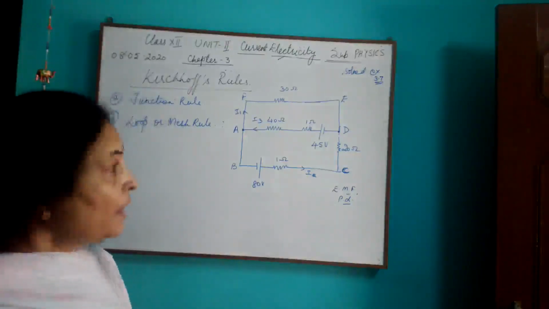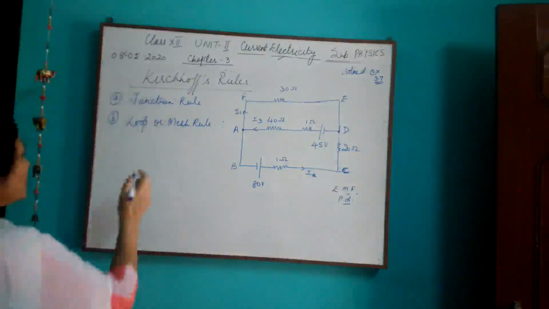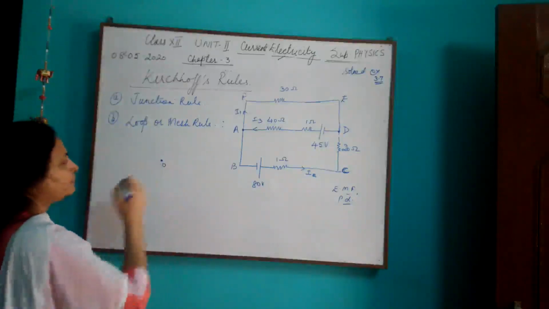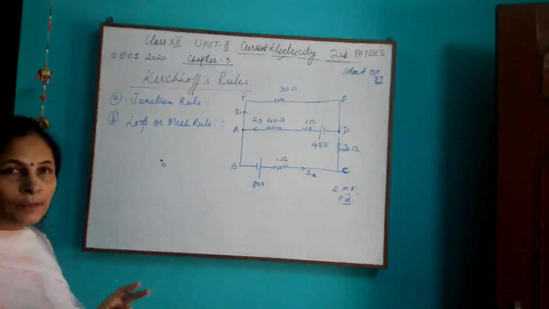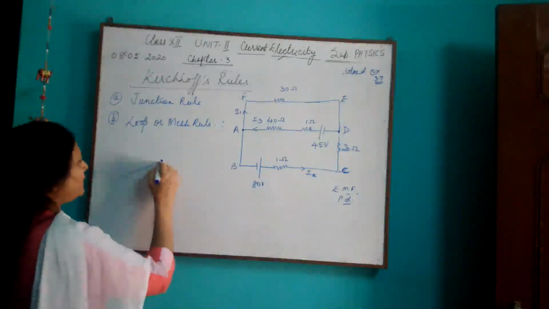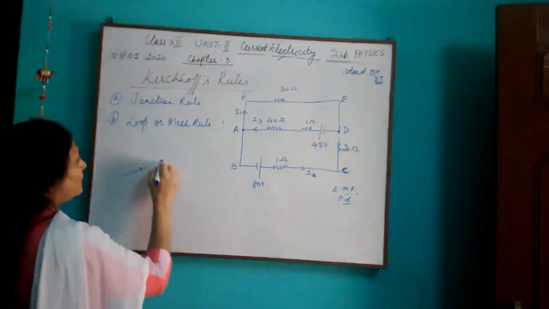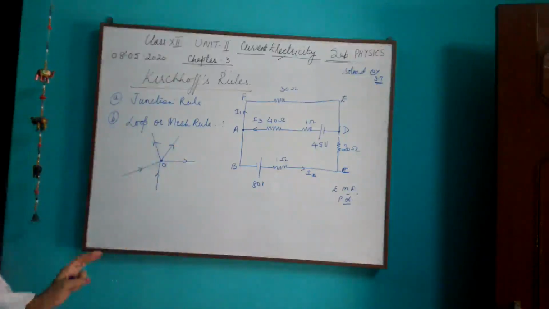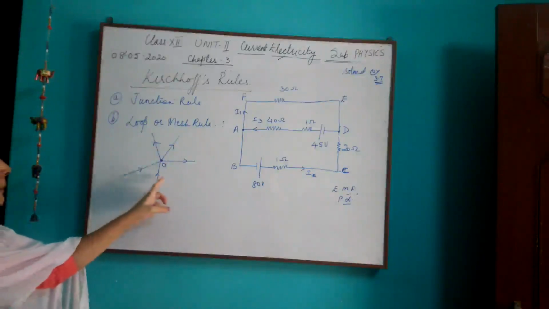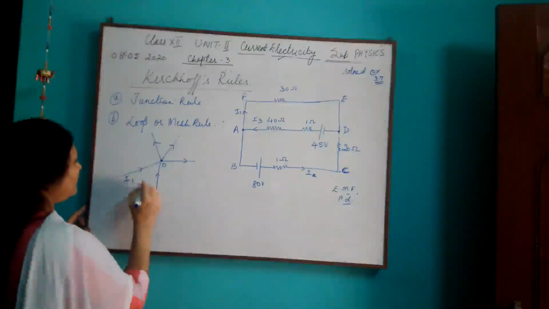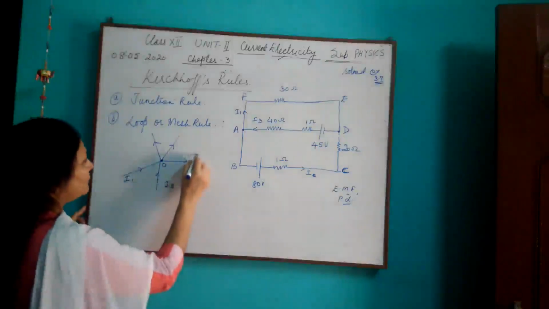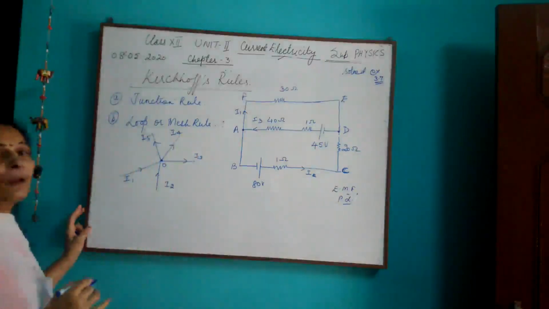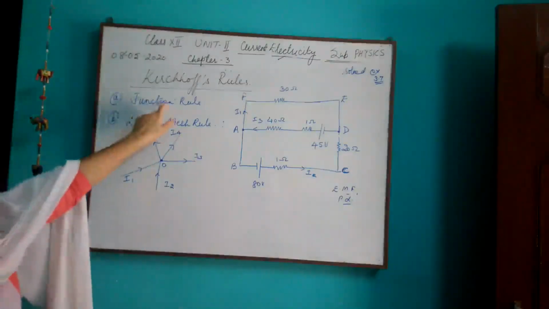In general, suppose I have got a junction in a circuit, say it is O. So some currents may come, some currents may leave depending upon the circuit. Let 3 branches are like this. Alright, say we can name them as I1, I2, I3, I4 and I5. According to the first rule,